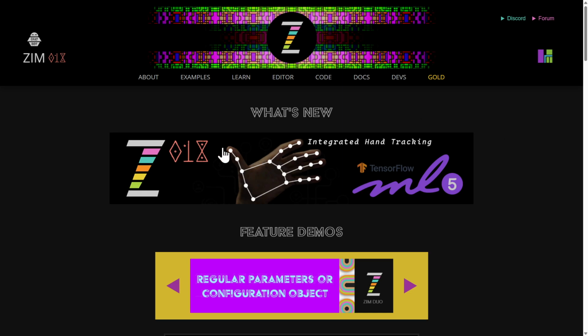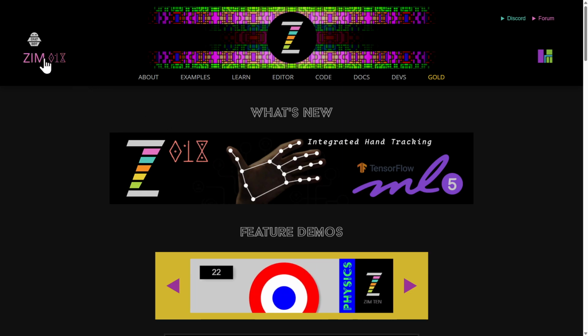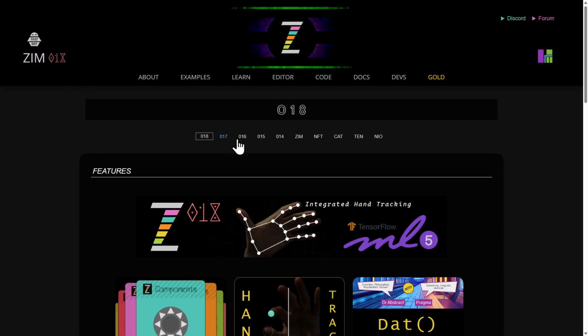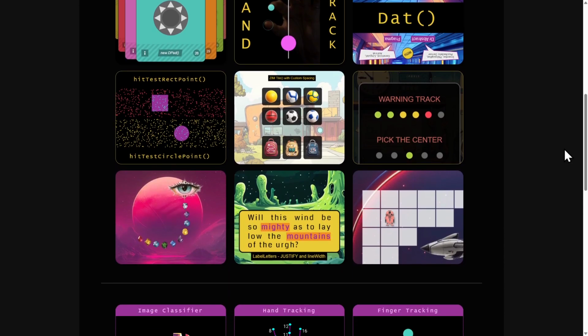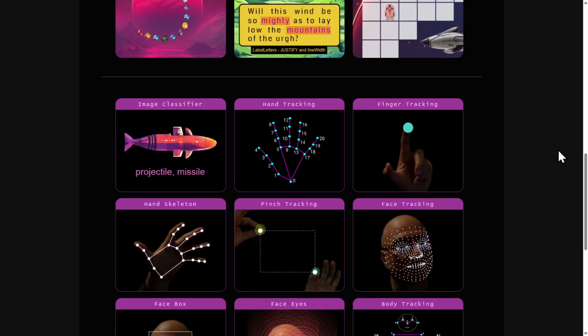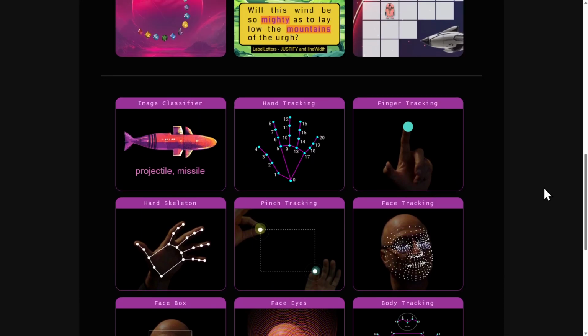Let's see, we've got the What's New banner right here, so you can press that. In the future, this banner might be something else though, so you can always find what's new by pressing up here. And here we have the features for ZIM 018, along with a mini site that we've launched for ML5,